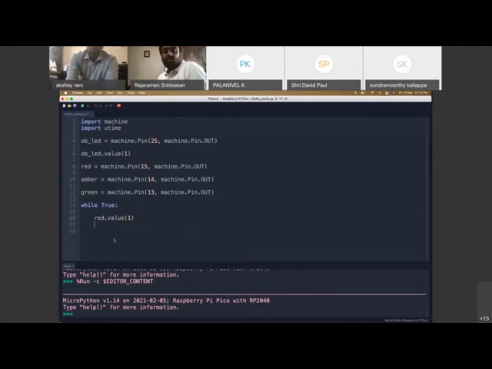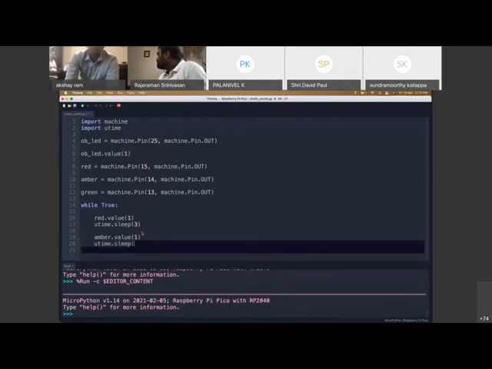So this would turn on the red LED. utime.sleep, 3 seconds. So the red light comes on, and then we wait 3 seconds. Amber.value. Okay, so now after 3 seconds, the amber light would come on. And then after 2 seconds,